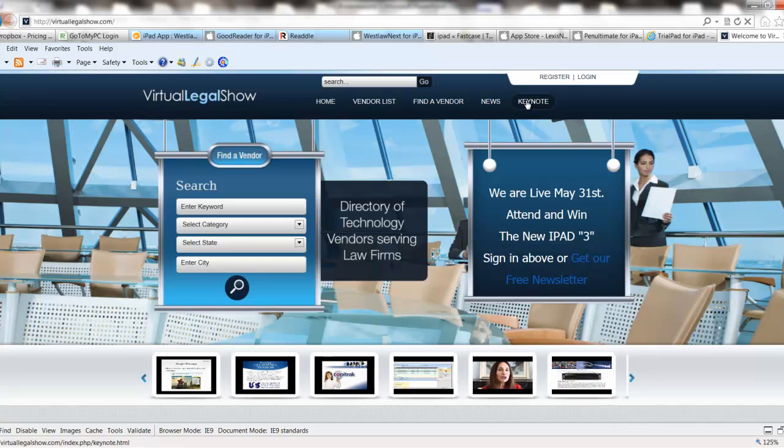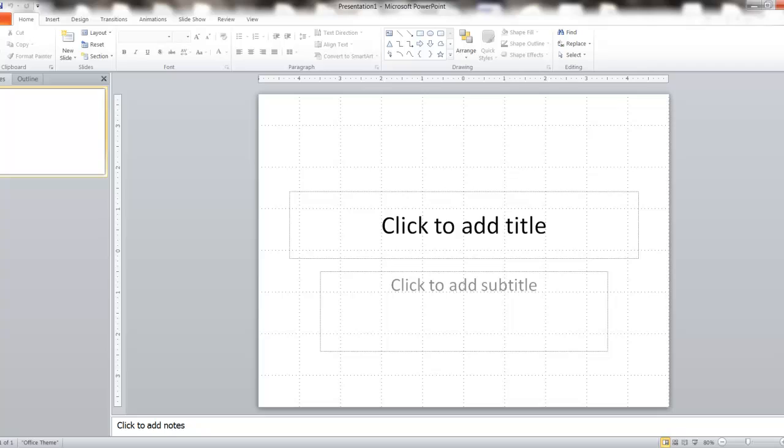Now today what we're going to talk about is PowerPoint 2010 in about 20 minutes. So the first thing we want to talk about here is PowerPoint 2010 and why you want to move to 2010. If you have an older version of PowerPoint, it's prime time to switch over to PowerPoint 2010, because